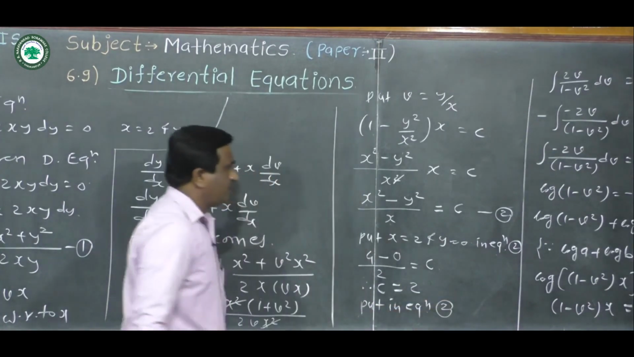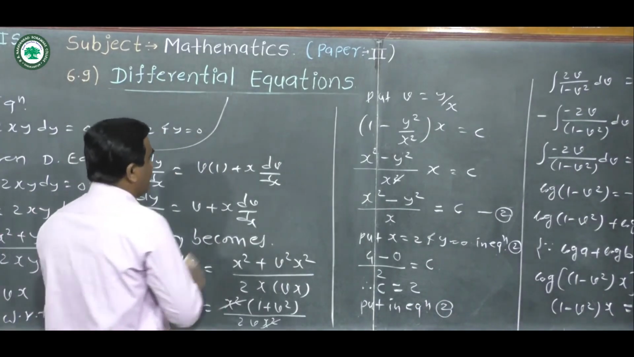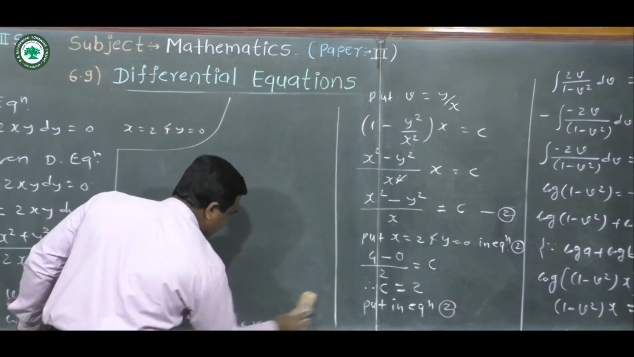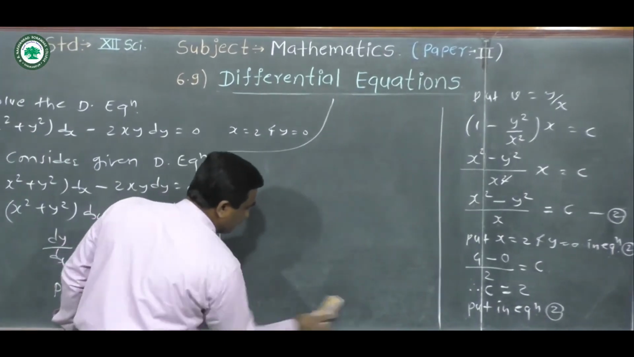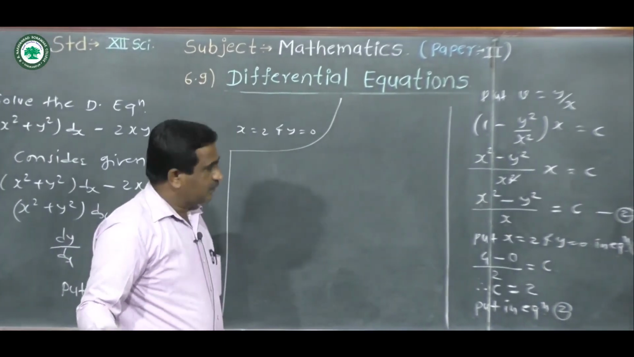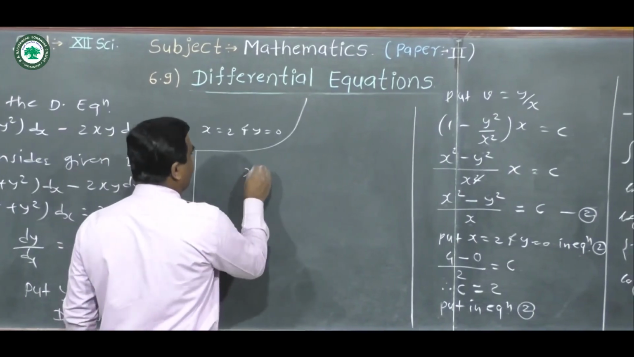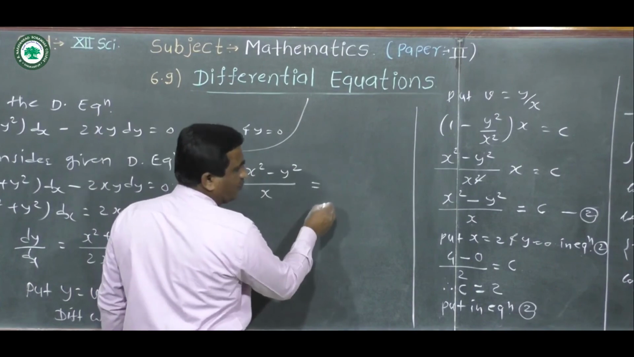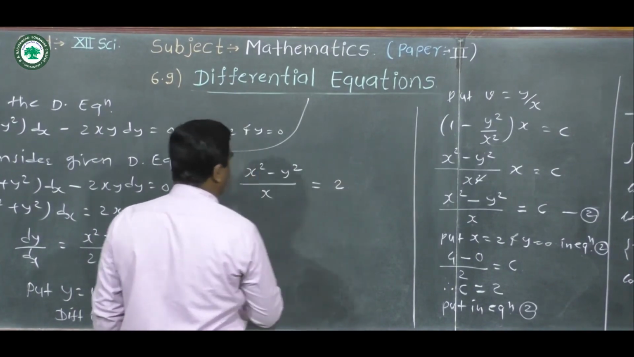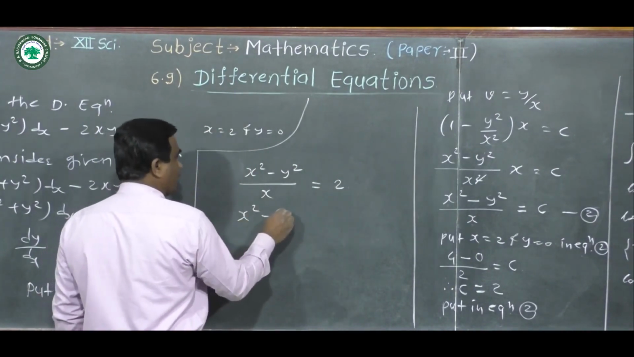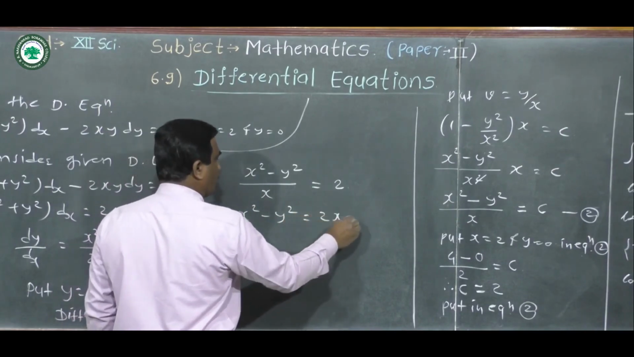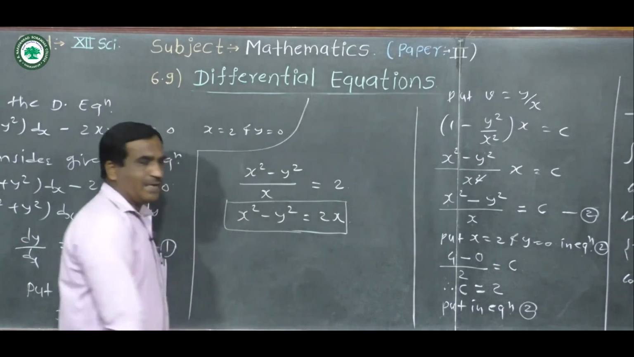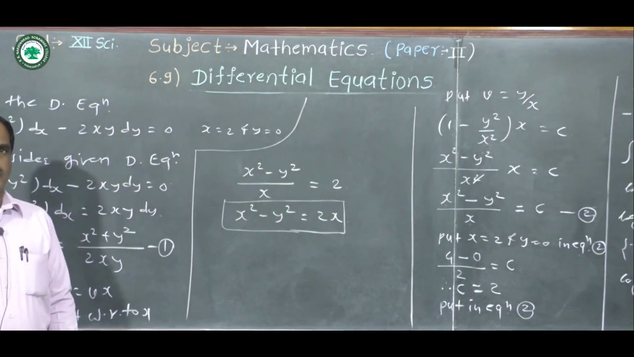Therefore we can write here x square minus y square upon x is equal to value of c is 2. That is, x square minus y square is equal to 2x. This is the required particular solution for the given